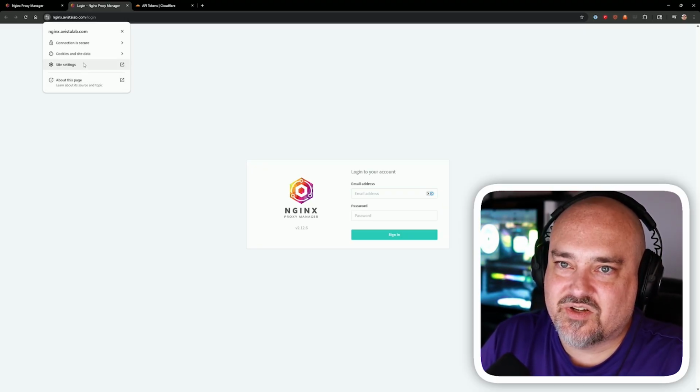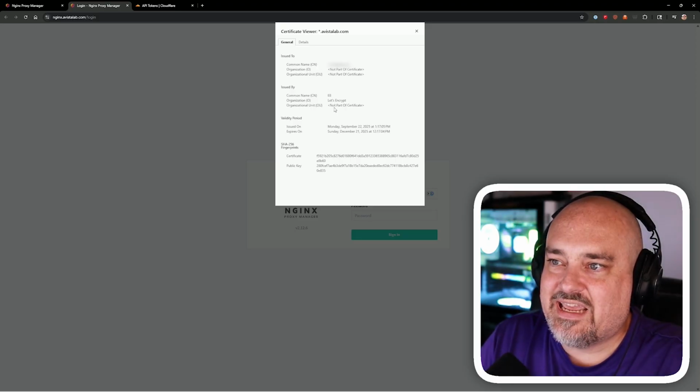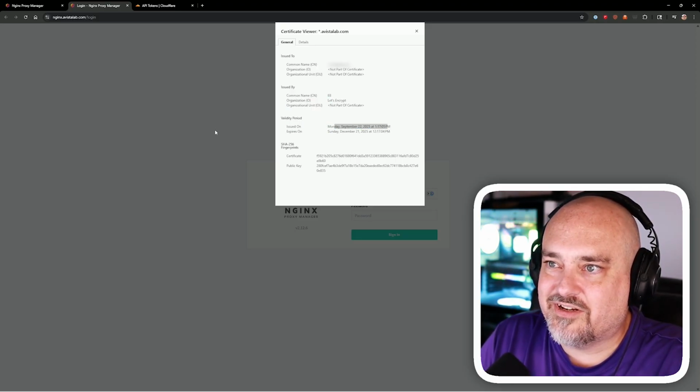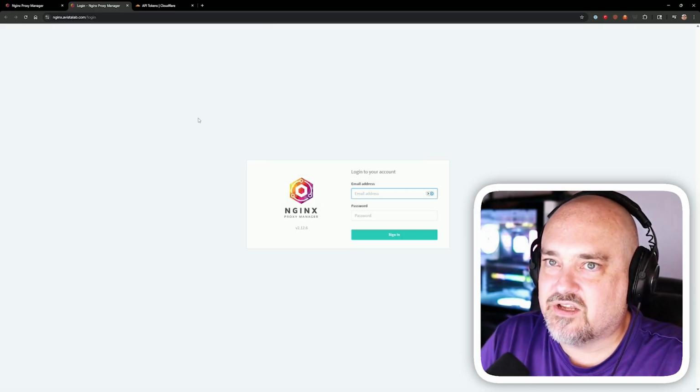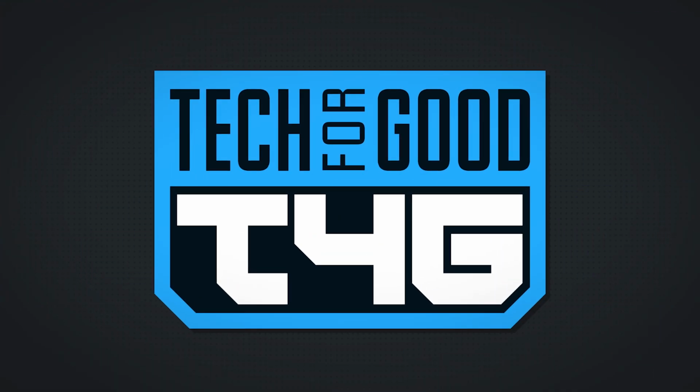It's protected. So if we go to connection is secure, we can see certificate is valid and it's Let's Encrypt, tells us when it was issued on, when it expires. You're good to go. This is a free SSL for your internal hosting, stuff like that. Really cool setup. And there you have it. That is how you set up NGINX Proxy Manager on Docker, and also set up your own SSL certificates for